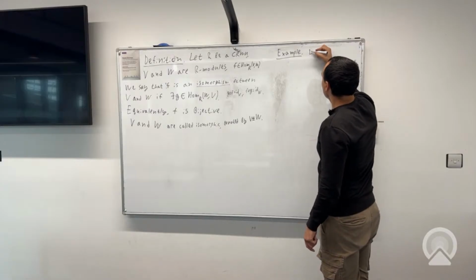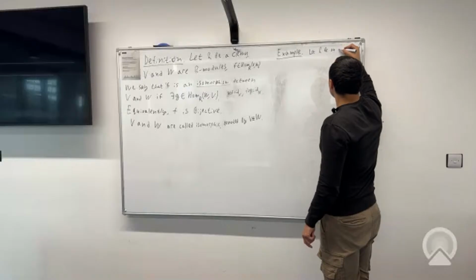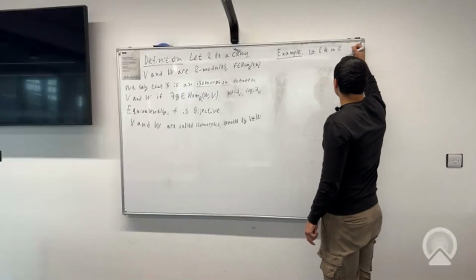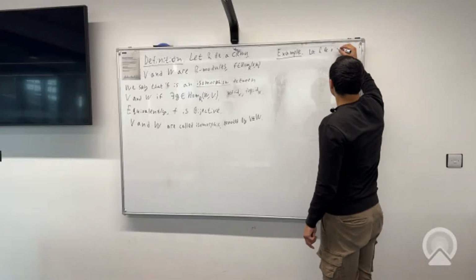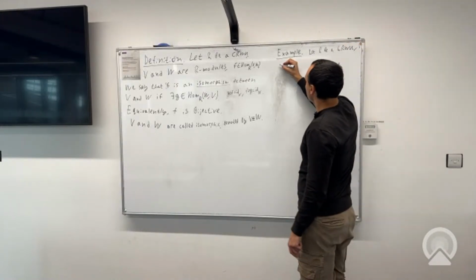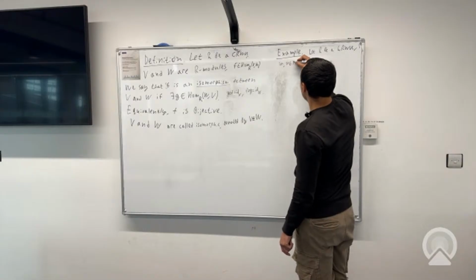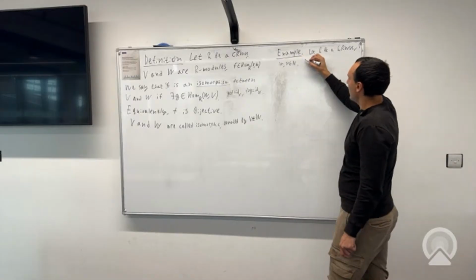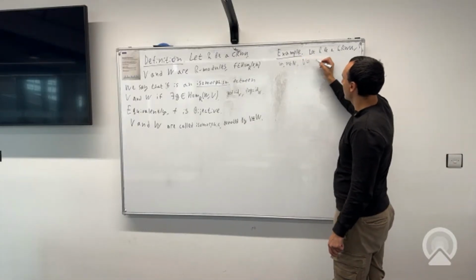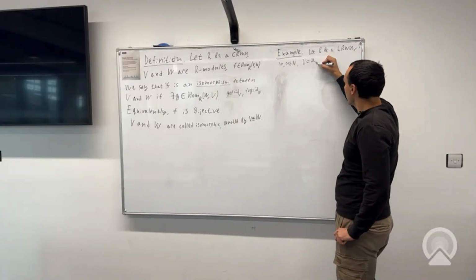So start with our module, R a commutative ring with unity, and take the integers, and V is the space of matrices,